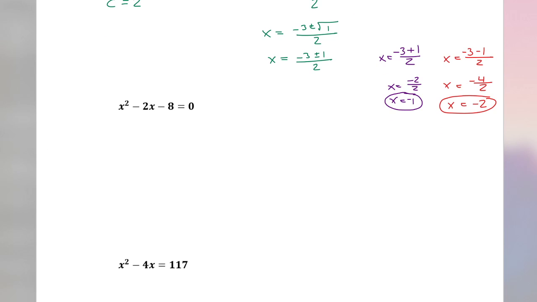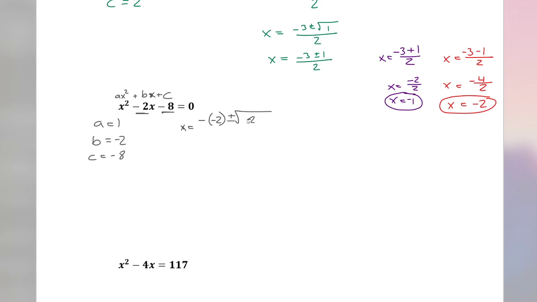So solving for the next one, remember it's ax squared plus bx plus c. Our a value here is going to be 1. b is negative 2, so minus 2, that's a negative 2. And then our c value is going to be negative 8. Plug it in, so it's x equals negative b plus or minus the square root